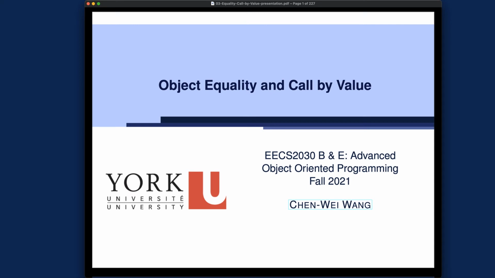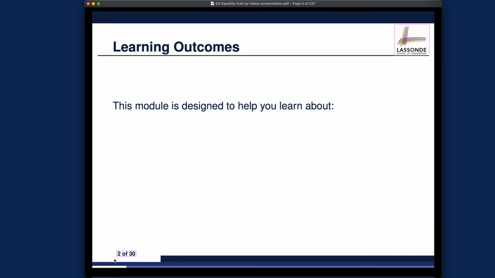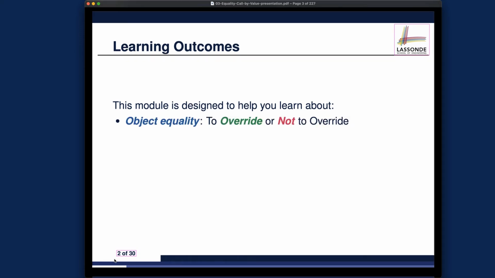This week, we have a number of topics to cover. Let's start with object equality and callback value. And let's review the learning outcomes first before we go on to the details. So by the end of this module, we hope that you can learn about object equality, either to override